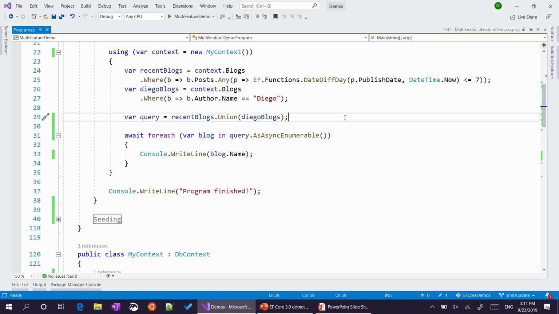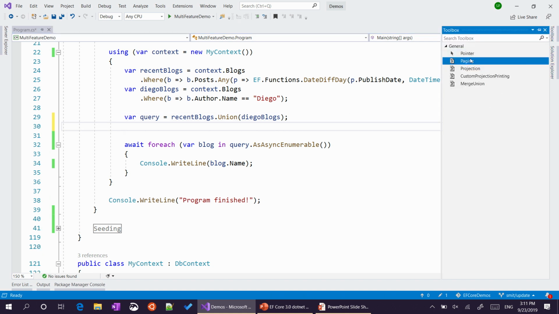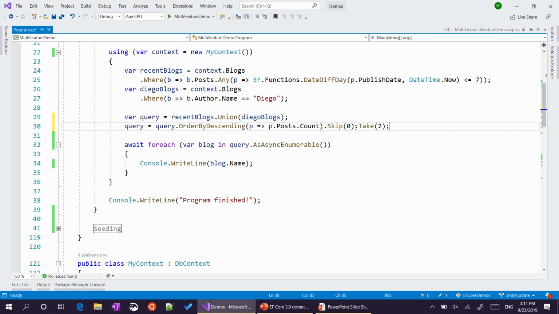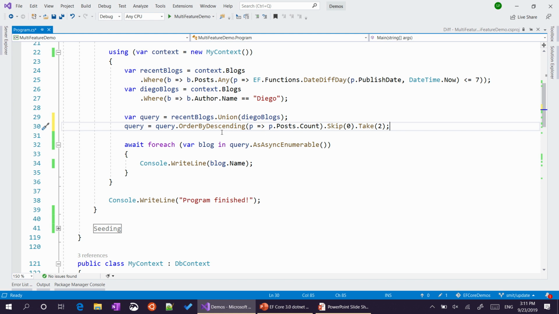And doing set operation on client side, paging just had to happen on client side, and that was a huge performance drag. So if we integrate paging here with our queries, after doing union, we are going to order by the post count in descending order and then do skip 0 and take 2 blogs. So when we run this query now,